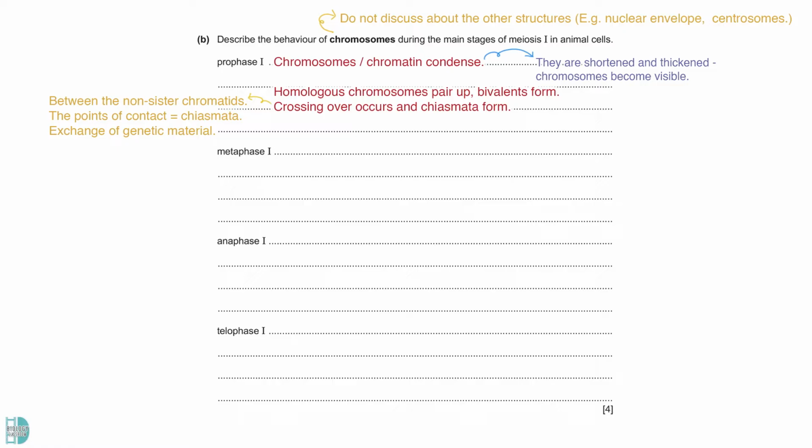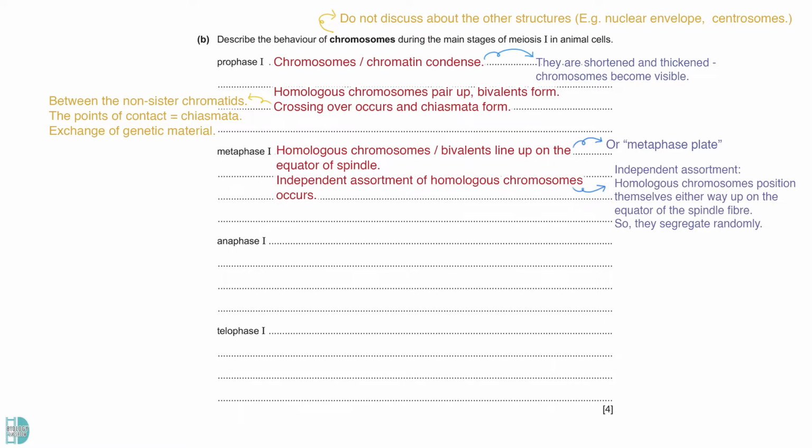In metaphase I, the homologous chromosomes or the bivalents line up on the equator of the spindle. You can also call the equator the metaphase plate. Independent assortment of homologous chromosomes occurs. It is when the homologous chromosomes position themselves either way up on the equator of the spindle fiber,